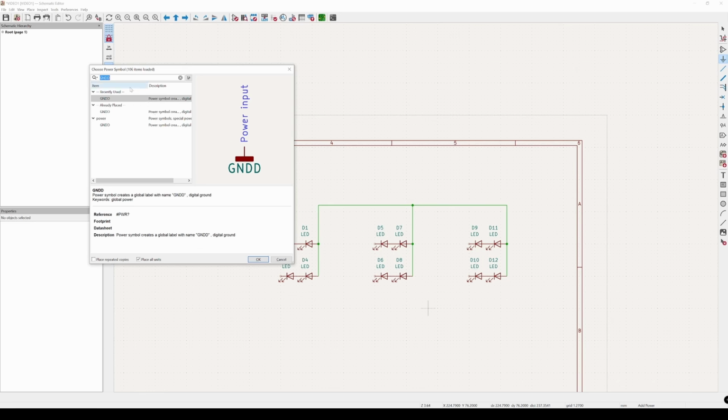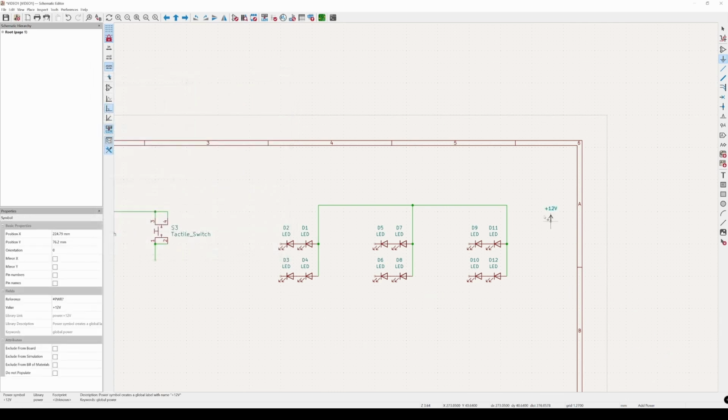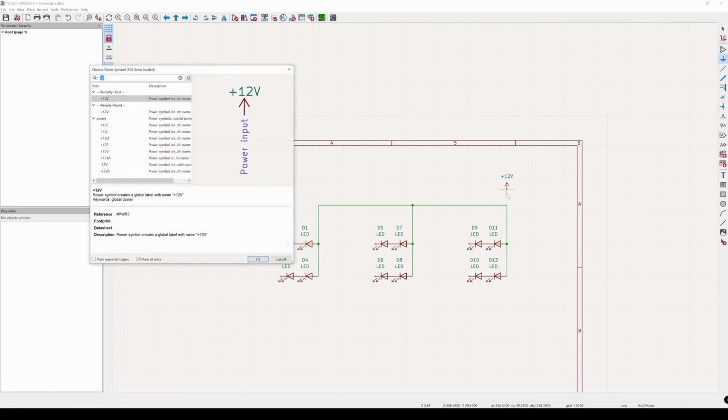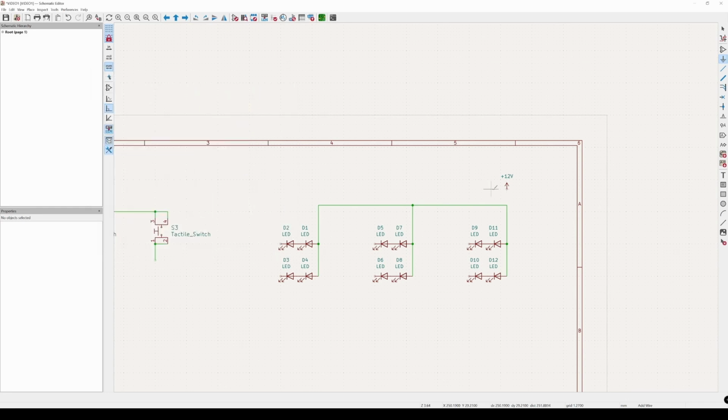So what we do is we'll look for 12 volt. Again, we have a lot of different options here. We have minus, plus 12 volts, we have 12P, 12C. I'll select the one that suits my needs best, plus 12V, and we're gonna put it there, and oops, sorry, don't do that. Click W and we can wire it up here. And now we have the power in,